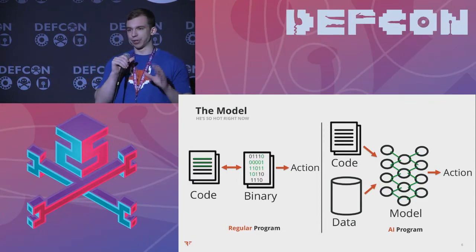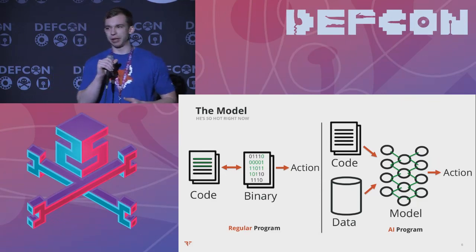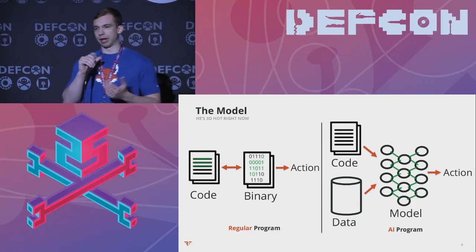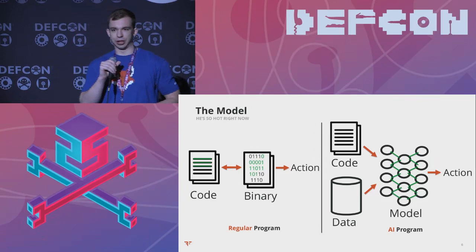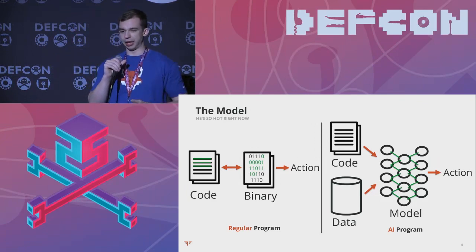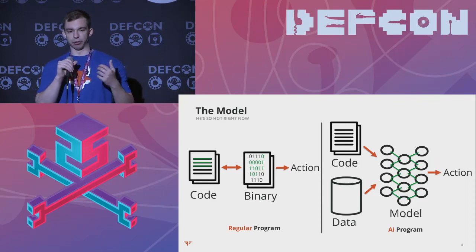An AI program differs slightly in that there is still a binary and there's still a program that's being written, but it takes in data and runs it through what's called a model, and the model is what decides an action. So you're not going to be programming conditional logic in there. If we're in state A, then we take action A, else we take action B. There isn't so much of that, and the model will actually decide an action based on probability and what data it has seen in the past. And that's kind of where the learning kicks in.